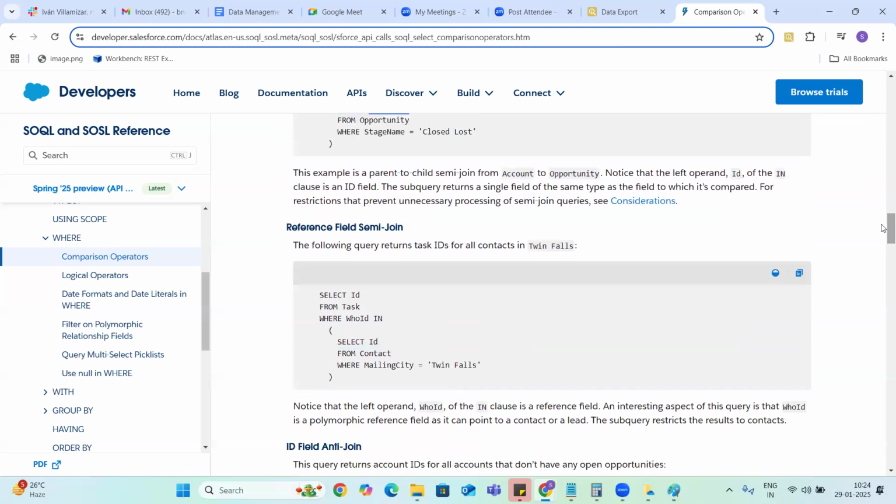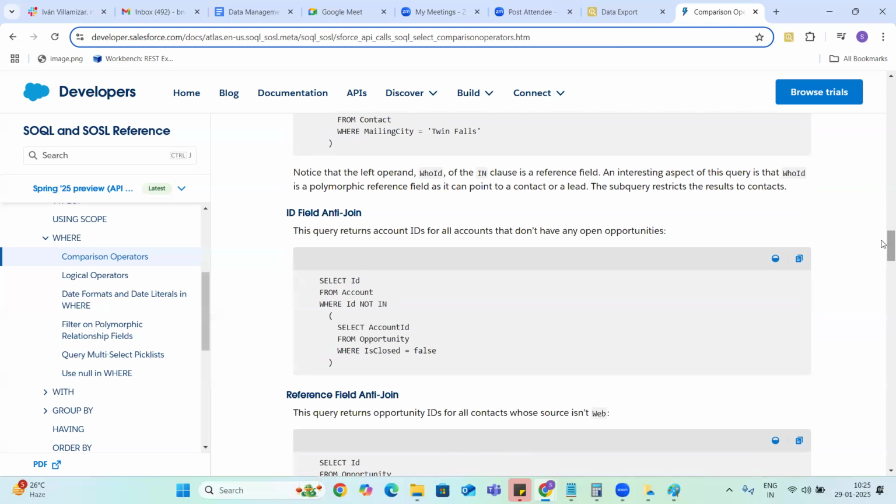These are join queries. It's not the inner queries, guys. Inner queries are what we have seen from accounts to contacts when we want to access them. That is the scenario of an inner query. So this we call a join because we are writing two queries, and we can call it an outer query as well. Inside the where condition, we are getting some values from another query. And anti joins are nothing but the not in.